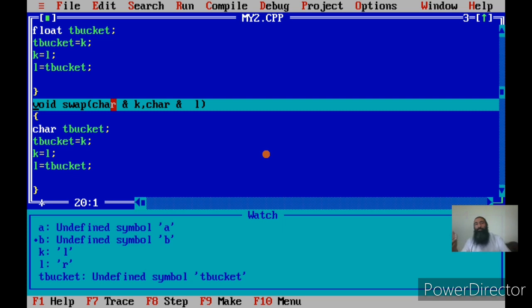This is a user perception, and the programmer's perception is different here. The programmer has to implement it thrice, but the user will think that he is using a single function, and that single function is capable of doing different tasks. Okay, here the task is exchanging the 2 variables.